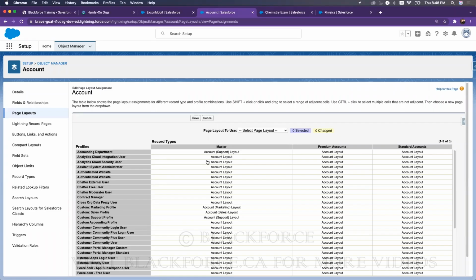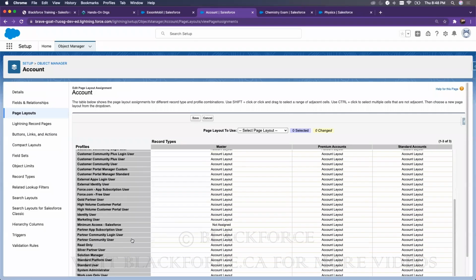This is very important. When you create a record type, you select a profile for that record type. If you do not select a profile for the record type, you would have the master as default. The master would have the default option. But if you selected a profile for the record type, you have the option to select the other record types you've created. So now that we have this, I'm just going to go to the system admin profile,